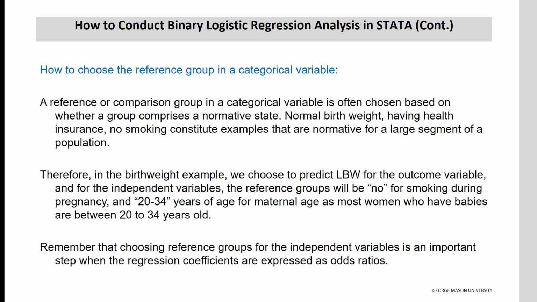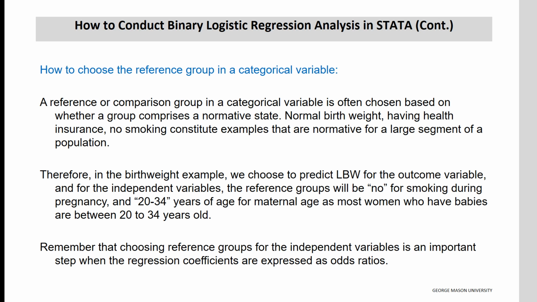Therefore, as we explained earlier, in the birth weight example, we choose to predict low birth weight for the outcome variable, and for the independent variables, the reference groups will be no for smoking during pregnancy